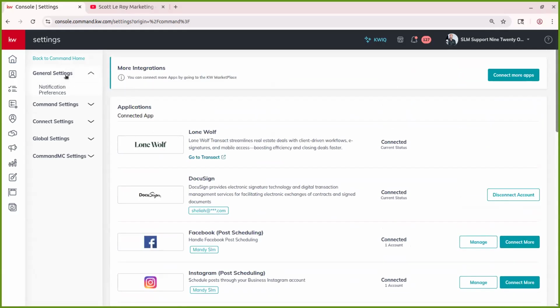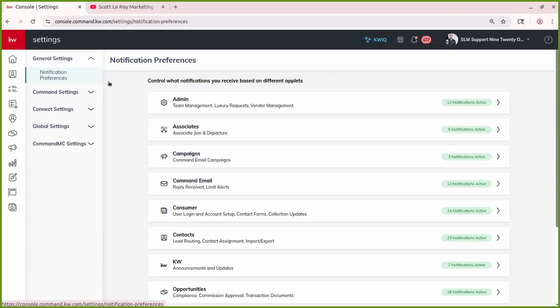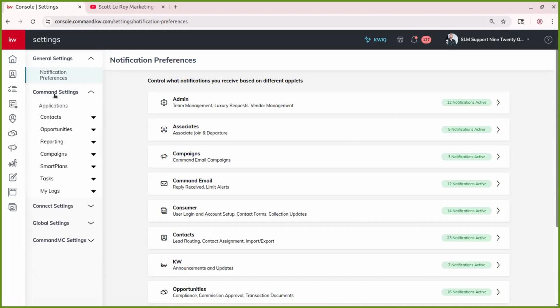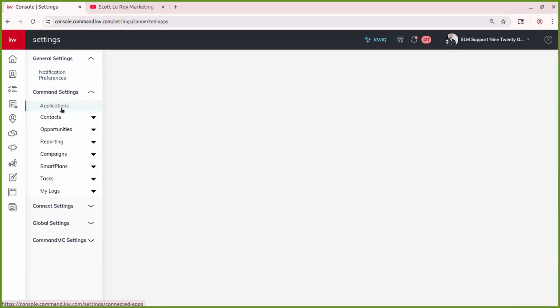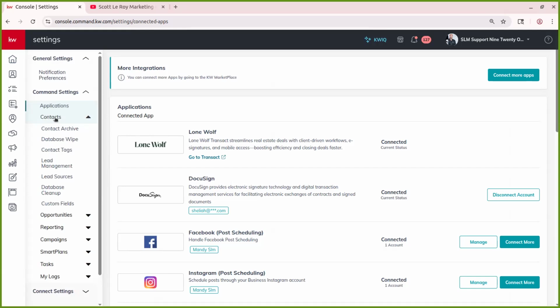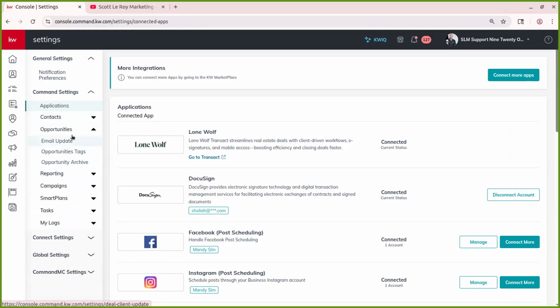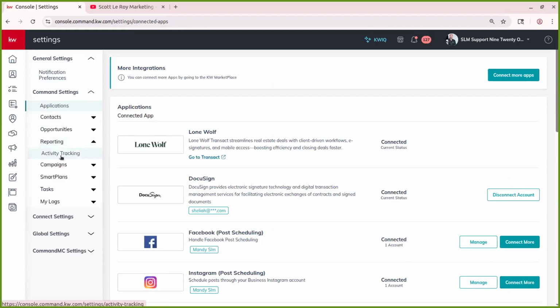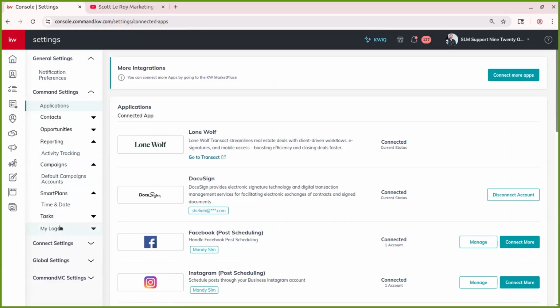On the left-hand side, you'll see general settings with our notification settings, which is where we just were. Command settings, you're going to see application settings where we just were again, and then you'll see different settings. So your contacts, you'll see your contact archive, where you can manage your contact leads and your lead sources. Opportunities, if you need to go in and make any setting changes to your opportunities. Same with reporting, campaigns, smart plans, tasks, and then my logs is going to show you your import and export